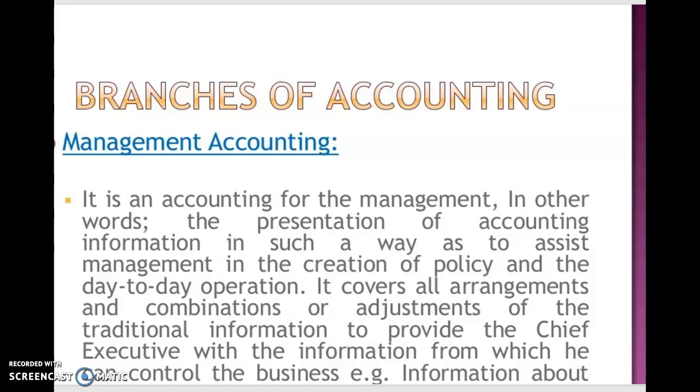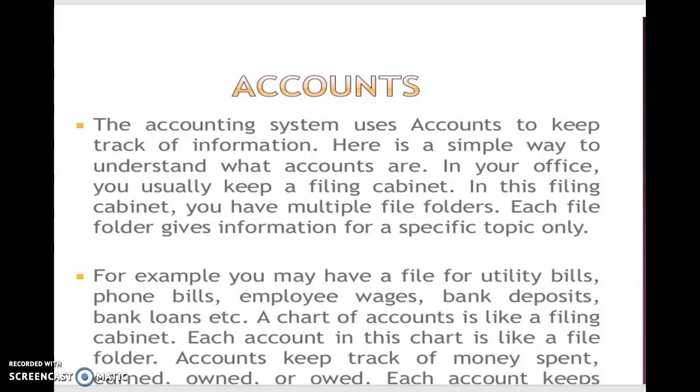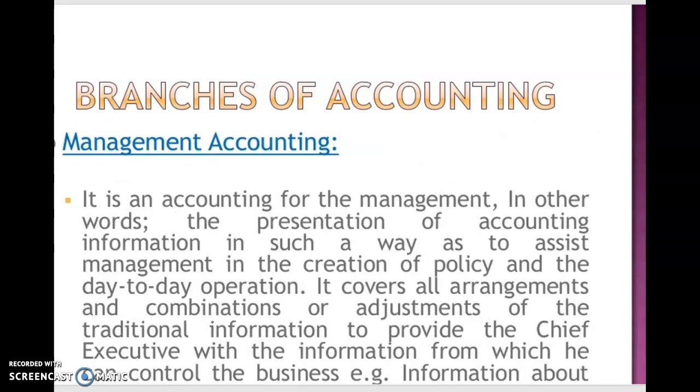In other words, it is the presentation of accounting information in such a way as to assist management in the creation of policy and the day-to-day operations. It covers all arrangements and combinations or adjustments of the traditional information to provide the chief executive with the information from which he can control the business. For example, information about various activities of the organization. So management accounting is that branch of accounting which provides information to the management relating to the management of the